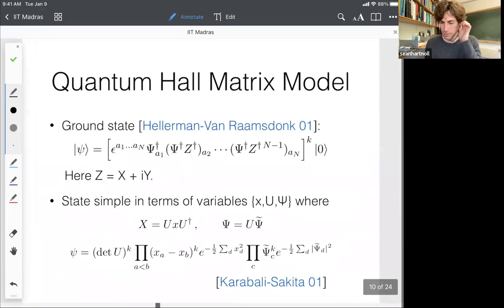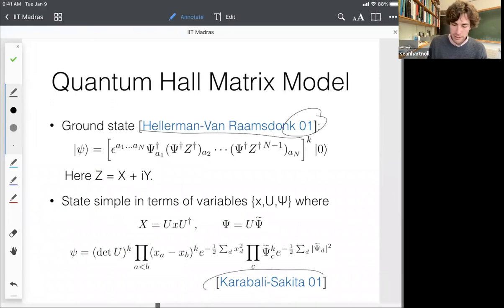And as you see, this was a busy year for this model. Hellerman and Van Raamsdonk just wrote down the ground state wave function of this model. It's a bit complicated, but then Karabali and Sakita, among other things, wrote it down in a very nice form. So I'll just tell you about that. Okay, so you've got this Hamiltonian system for two N by N matrices, and it turns out that the nice